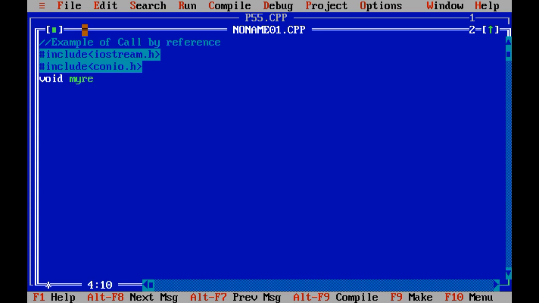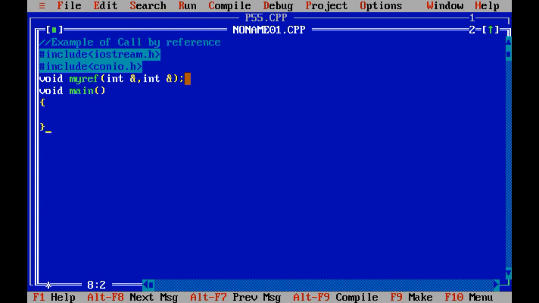I am going to declare my reference integer. Now this is the first change you need to make: while declaring the function you need to pass the reference. Reference is nothing but the address of the variable which we are going to pass inside the myreference UDF. So for that you need to use the ampersand sign to pass the reference, or we can say the address of the variable.